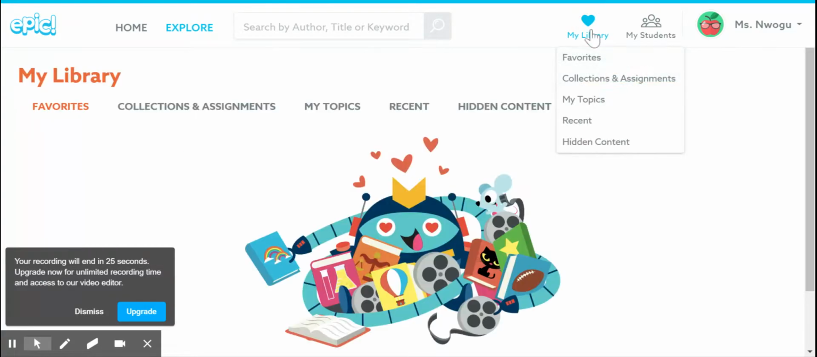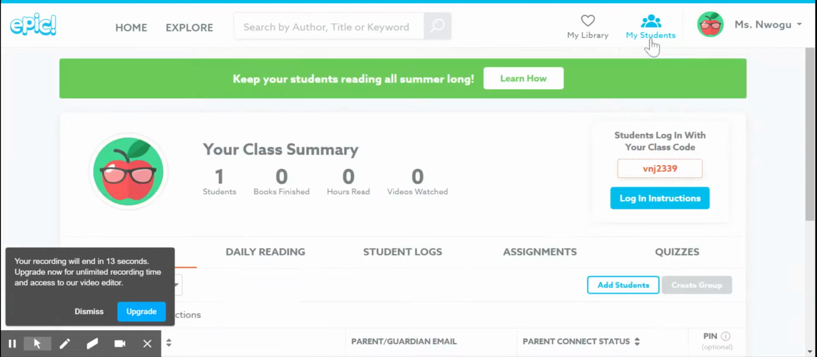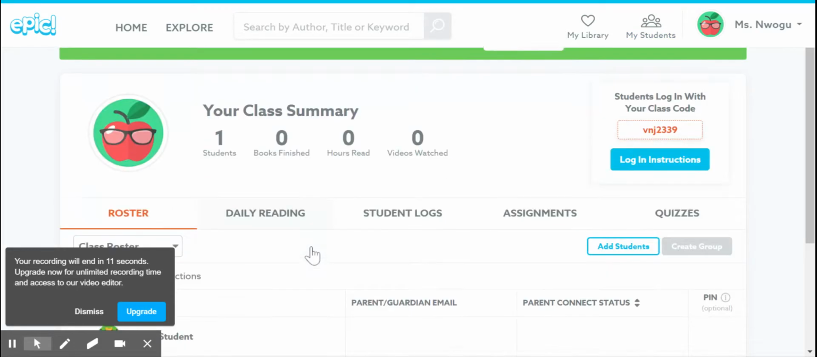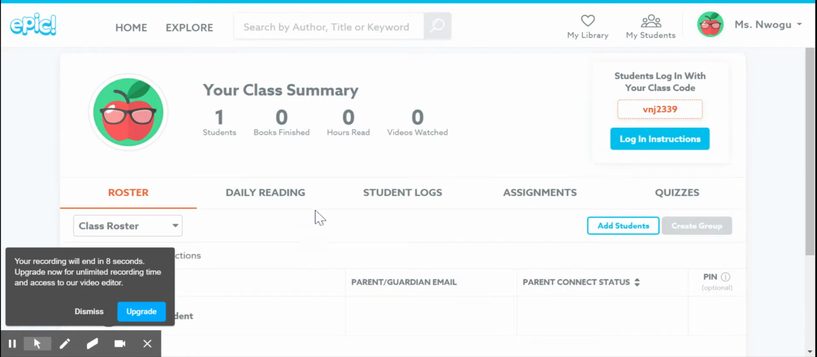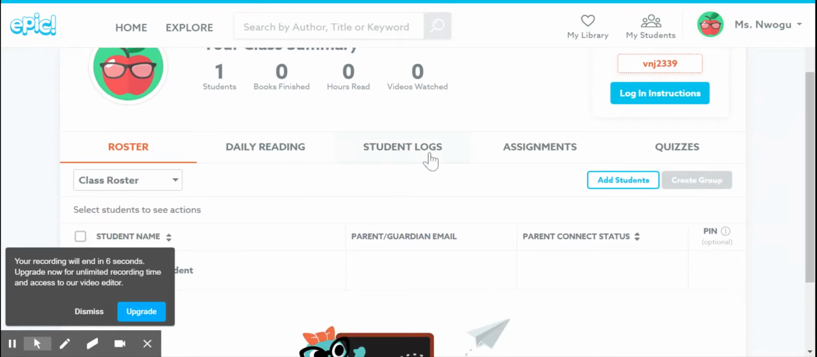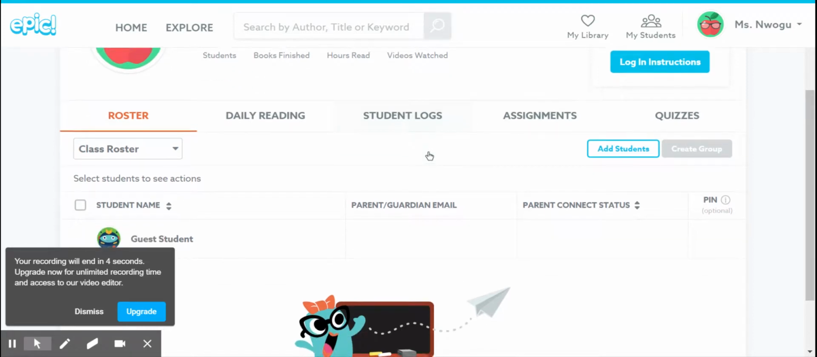For library, these are the books that I used or that I love. My favorites, collections and assignments, my topics, recent, hidden content. Also, for this tab here, you would put your students here. You can see who's reading daily. They can log. You know how we have the paper logs in the building. They can actually log on here. I can assign them